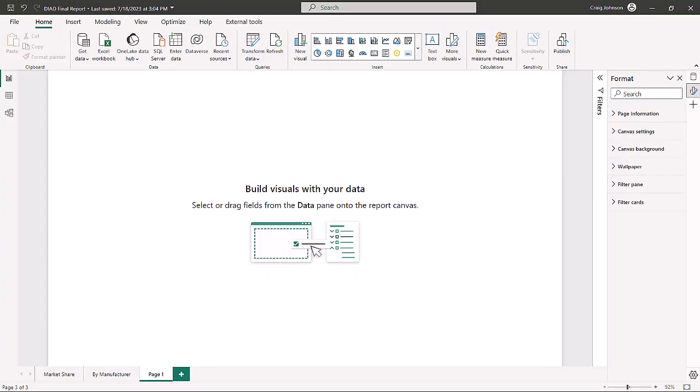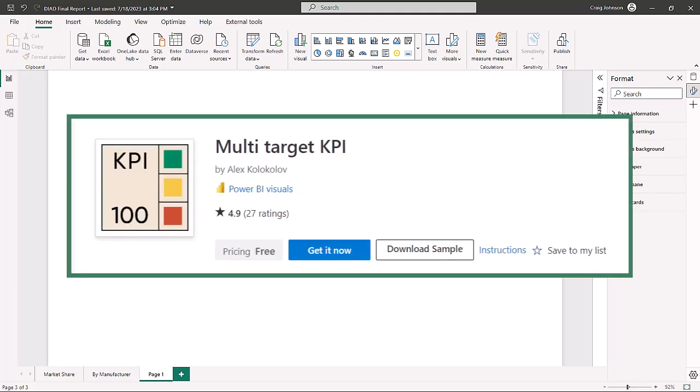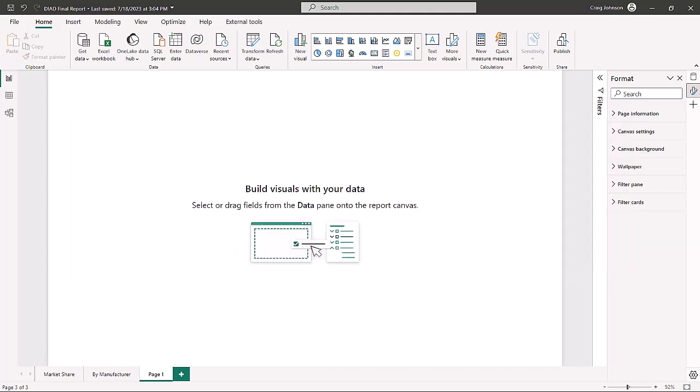Let's go to Power BI. Back in Power BI in July 2023, a new visual came out. It is called the Multi-Target KPI. We're going to show you in this video how to download that visual and some examples of formatting and measures that you can take a look at in this visual. Now, the Multi-Target KPI allows you to do some additional features, include up to 3 additional indicators on a single card. You can also use the category multiples, and it allows you to do some simple conditional formatting with that